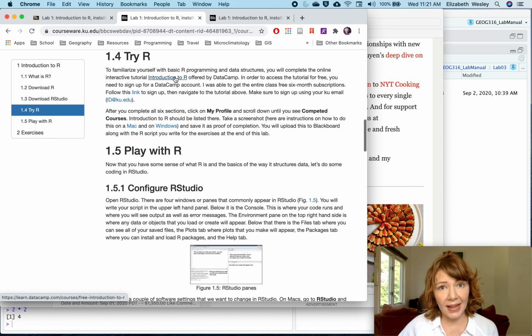I got our class an academic account for free. So for the next 6 months, anybody who signs up through the link that I have provided will have a free account with DataCamp. So not only will you be able to complete this tutorial, you can complete any tutorials that catch your eye, anything that you want to learn. There are a lot of them,